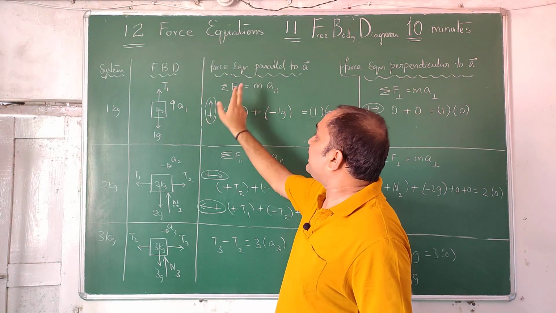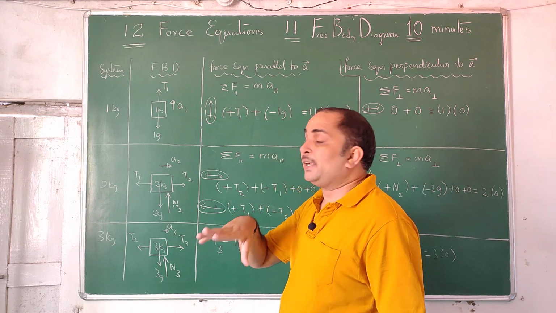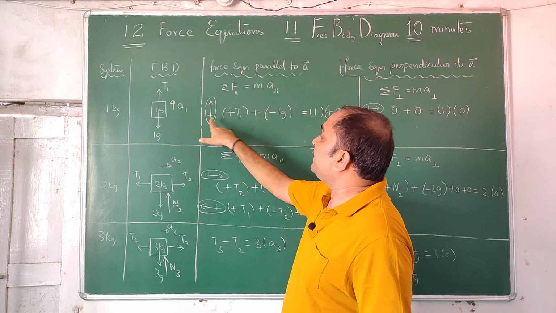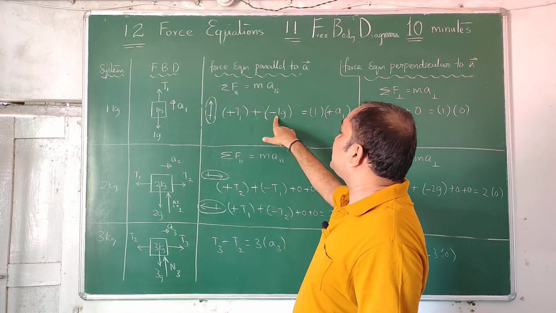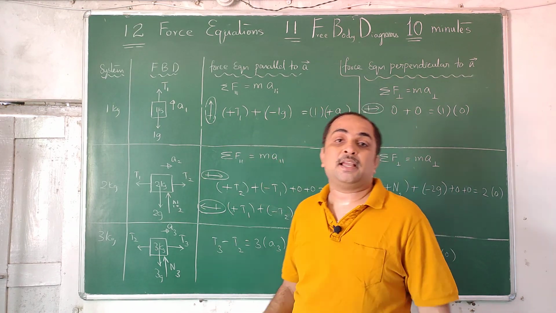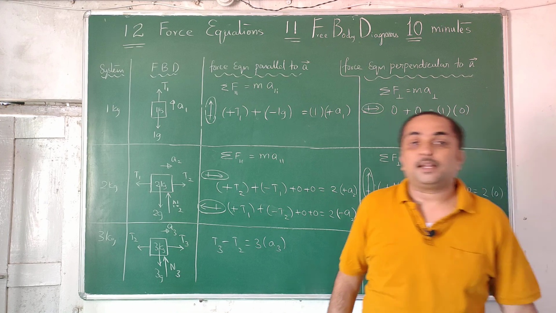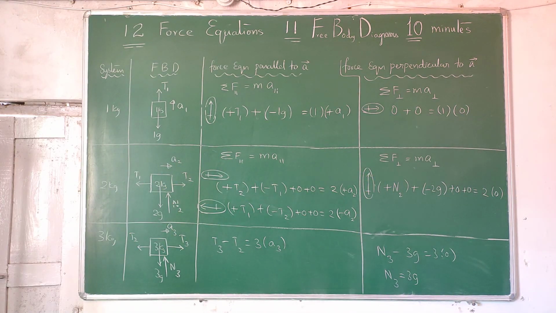Yes, it's a vector equation. So you have to give sign for the quantities when you are substituting the data. Before writing the equation, you specify which direction you are taking positive. Anything in that direction takes plus sign, anything in the opposite direction takes minus sign, including acceleration. Mass is a scalar, you are not supposed to give any direction to that. I will clear off this board and write the remaining 6 equations. Total our target is 12 equations. Take a snapshot.